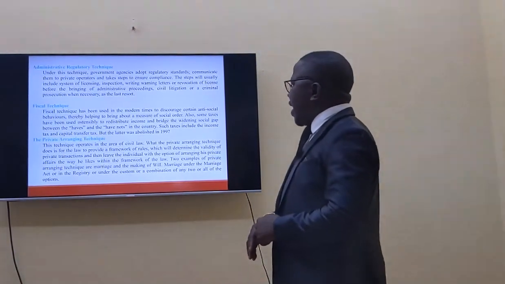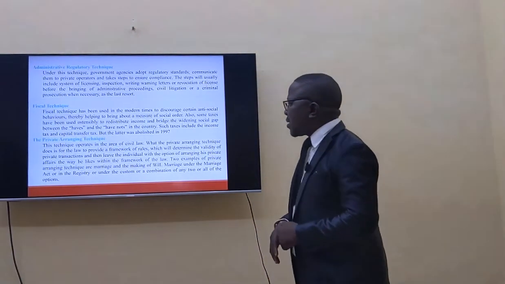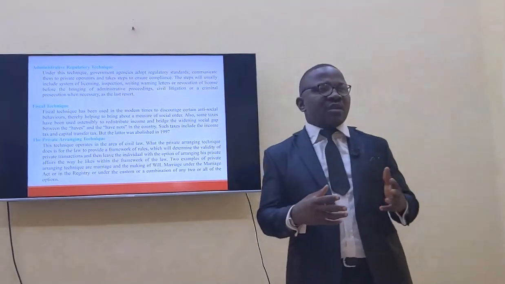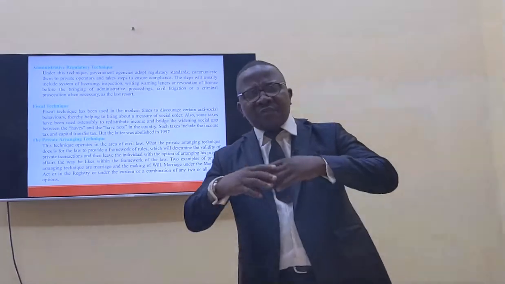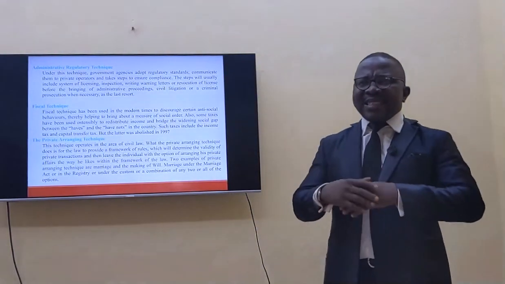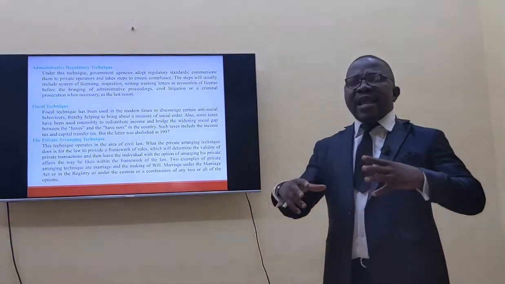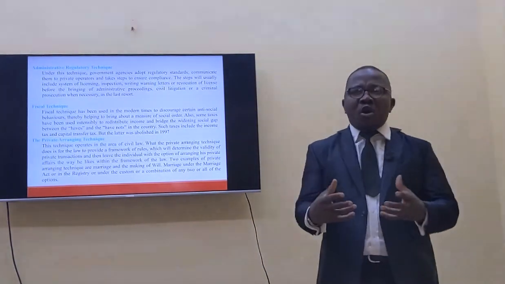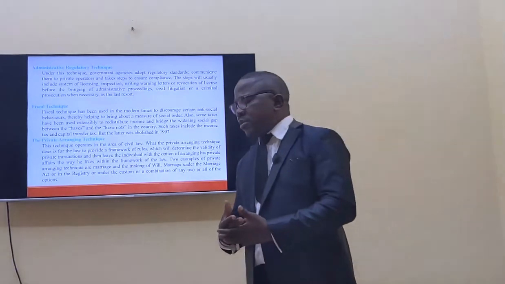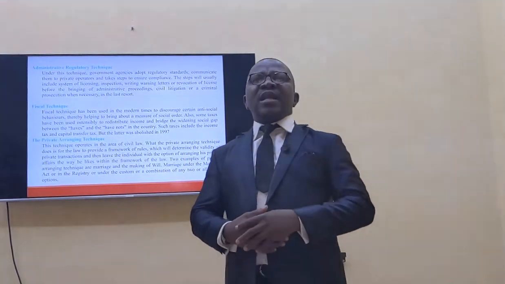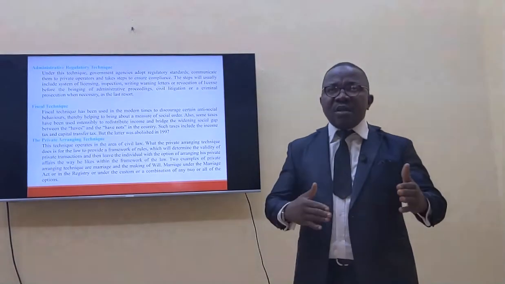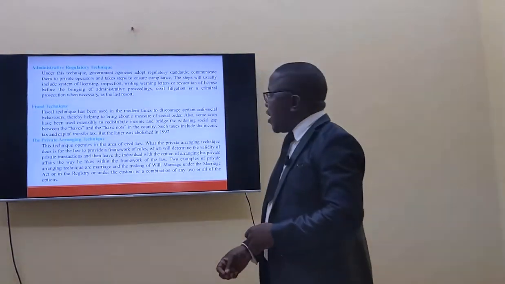Some taxes include the income tax and capital tax. So when you talk of fiscal techniques, we are talking of something that has to do with financing and taxation. So it is the law backing tax that tries to encourage the distribution of finance so that the haves will not continue to have, so that things will be equally distributed so that it will not